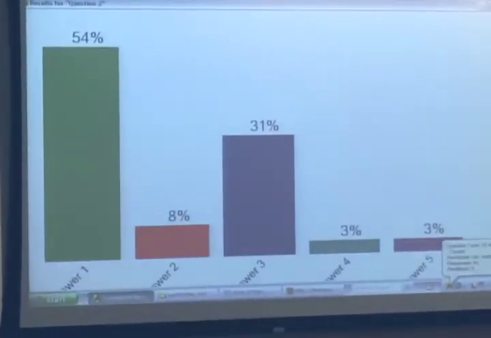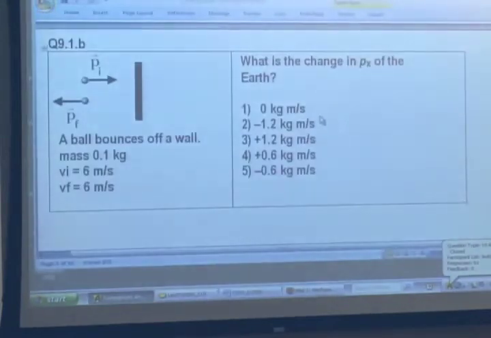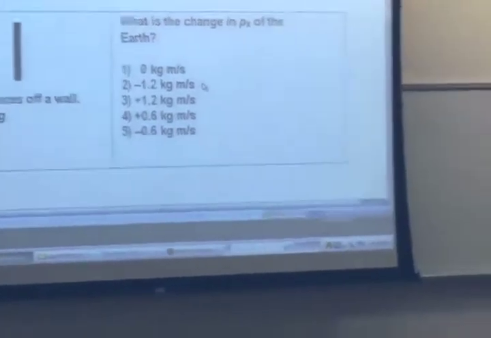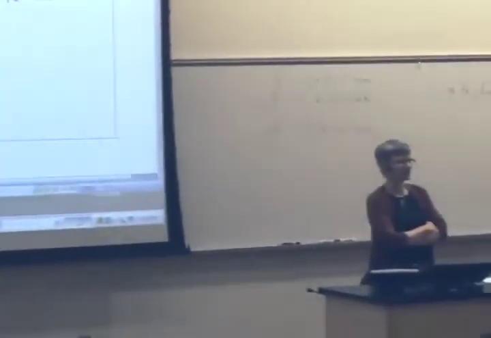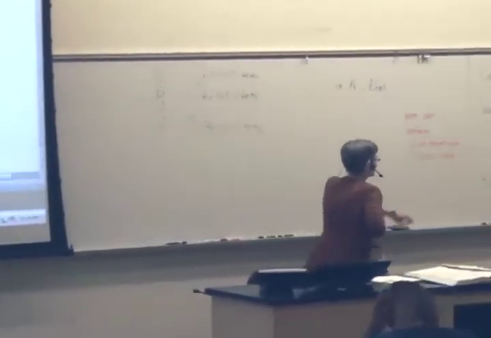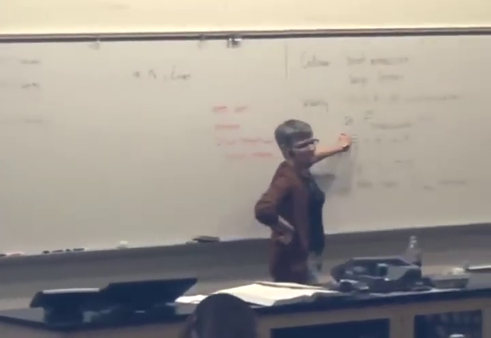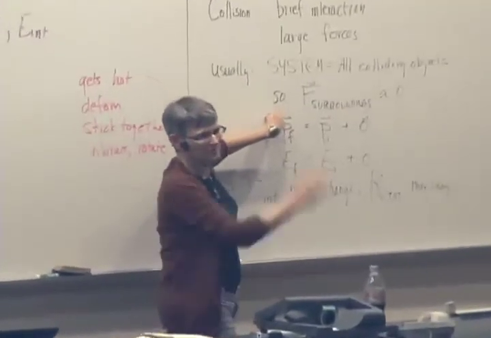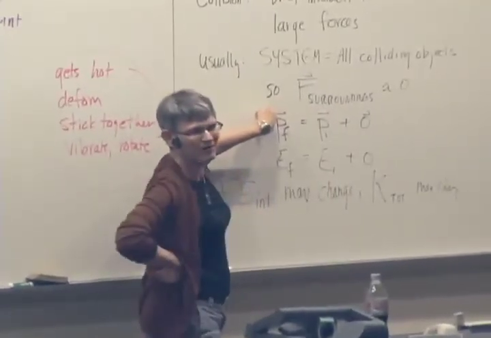Okay, well, most people say that it was 0, but some people say it's plus 1.2 kilogram meters per second. What would the momentum principle tell us? If the system is the ball plus the Earth and the wall,